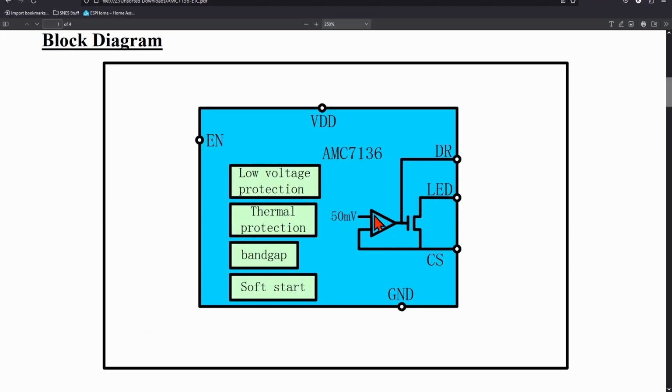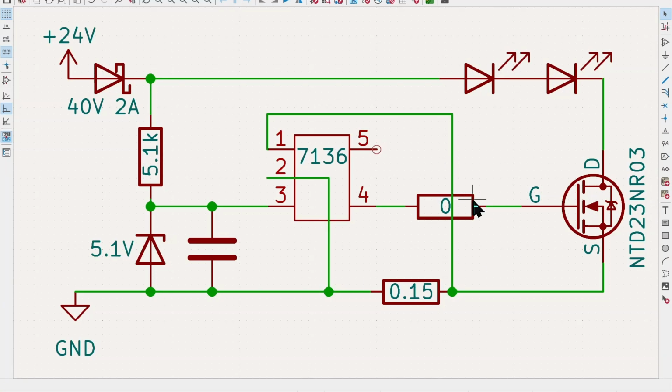If we look back at the block diagram, we can see that the LED pin goes internally to a FET inside the IC. But we're not actually using this pin because the voltage requirements of the LEDs inside of this lamp are higher. So what they're doing instead is tapping off of where the gate would be for the internal FET, and bringing it out to the DR pin. And if we look back at our schematic,